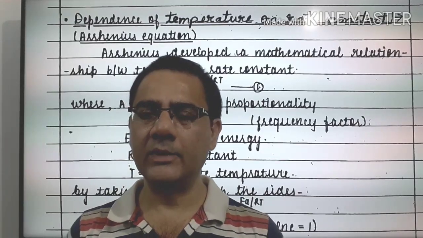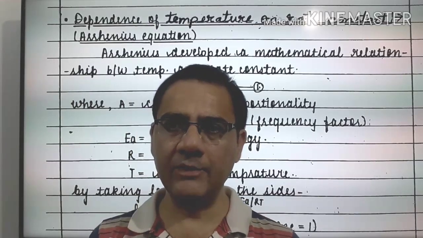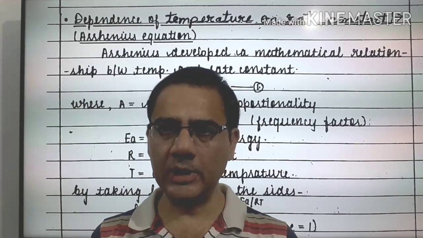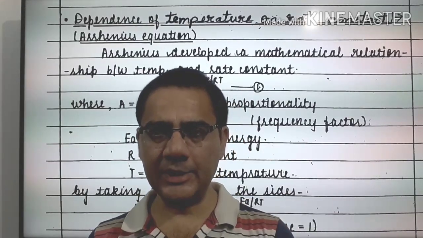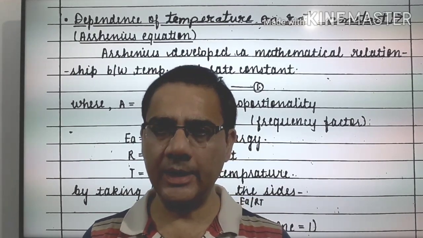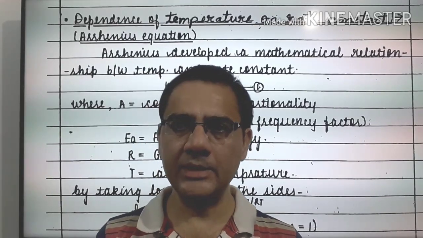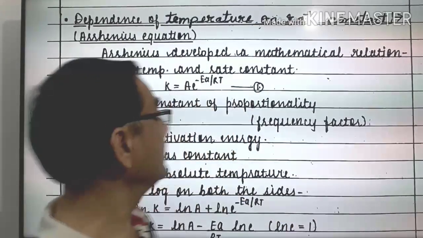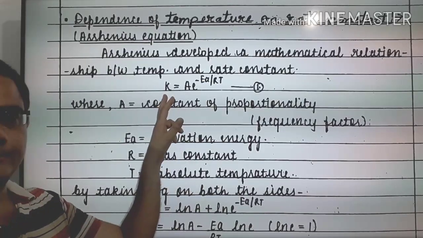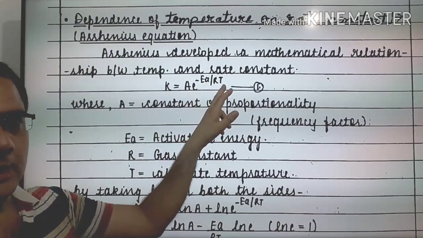So this idea was suggested and defined by the scientist Arrhenius, and he gave a relationship to relate the temperature as well as the rate constant, and he made an equation that is called the Arrhenius equation. That is also one more question which comes in the exam, the Arrhenius equation. So see, what is the Arrhenius equation? This is k is equal to A e to the power minus Ea upon RT.